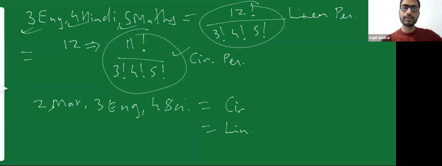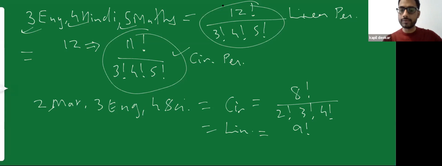So I've got answers from nearly everyone. Shweta, Pranika, Melvin, Khushi. So circular. How many ways can I arrange them? 2 plus 3, 5, 5 plus 4, 9. 9 objects can be arranged in 9 minus 1, that is 8 factorial. However, something is repeated, so I'll divide by that repetition, 2, 3 and 4 factorial. In linear, I'm having 9 objects which can be arranged in 9 factorial ways. And there is a repetition, so I'll also divide by 2 factorial, 3 factorial, and 4 factorial.